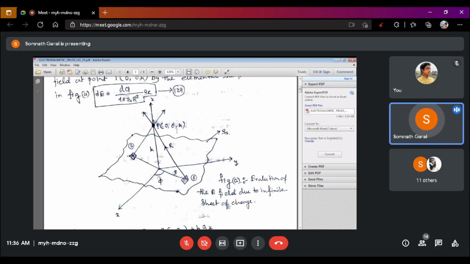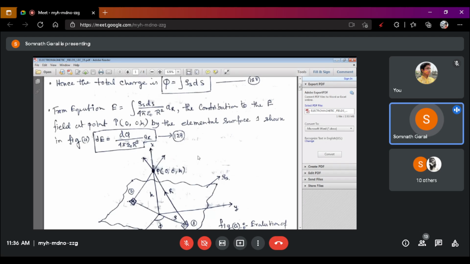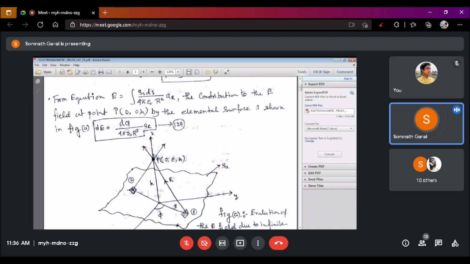That means the vector location of this point P is x equals 0, y equals 0, and z equals h. Right? Okay. Now, we have to calculate the electric field intensity of that point,